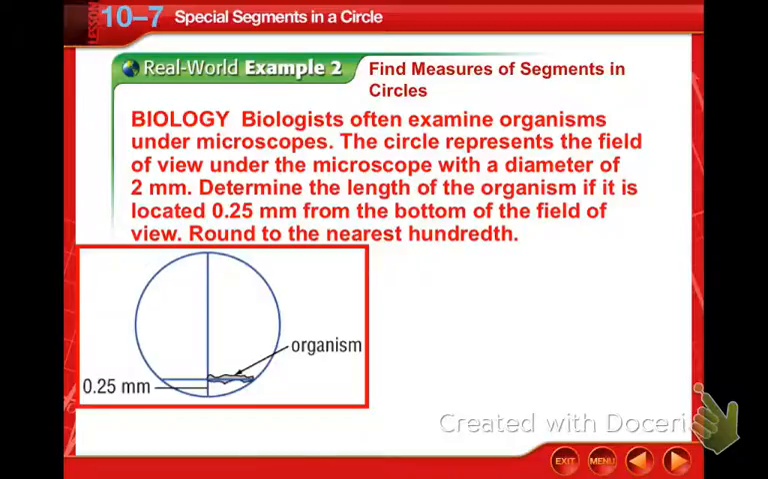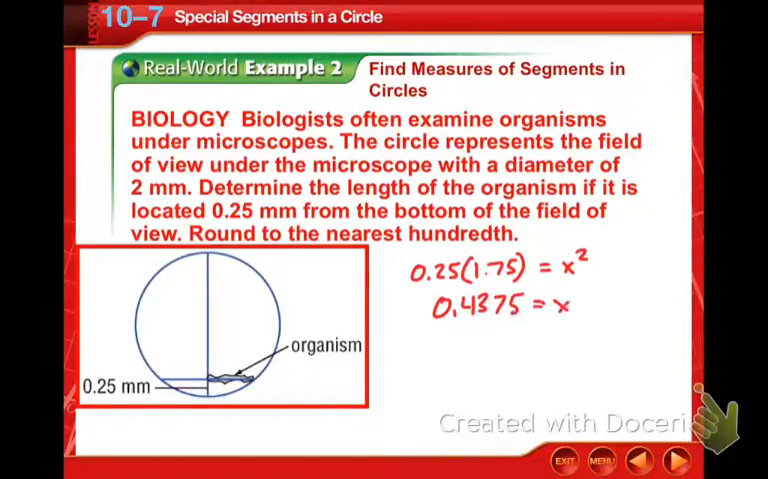So what we're going to do here is use the theorem we just learned and that theorem to make sense of this. So we know that the organism is one length on the right side of the diameter, should be the same length on the other side, and that 0.25 we're going to multiply by the length of the other side. The diameter is 2, so 2 minus 0.25 is 1.75. And we know because it is one length on the one side, we're going to square that and multiply it by itself, basically. So 0.25 times 1.75 comes out to be